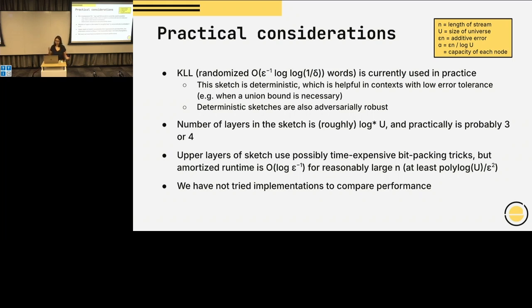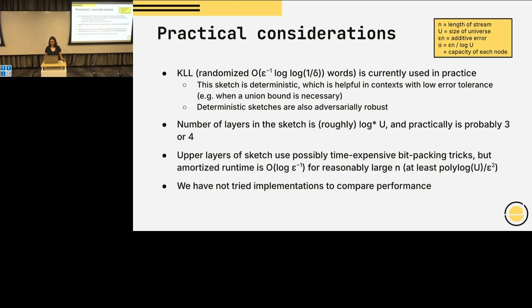The reason it's possible that it will never be better than KLL is because log 1 over delta is pretty small. But at the same time, our algorithm doesn't have horrible constants. It's actually possible it just beats out KLL on constant factors. And it's different, so it's worth trying. I don't really know too much about how to do a lot of this implementation in practice, because I think they're almost certainly close enough that if you implement either one badly, it will lose to the other one. So to get a real test of this, it would need to be implemented well. There's a database called Apache Sketches or something where KLL is implemented, and I'm super interested in seeing if this algorithm could be implemented well enough to beat out KLL in that setting.